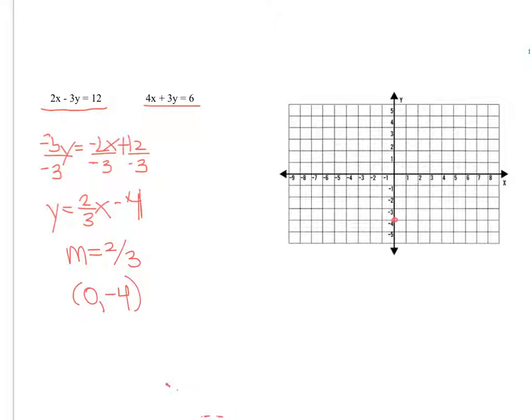0, negative 4. And I'm going to go up 2 over 3. Up 2 over 3. Okay, enough. So now using your ruler, now I can't because I'm on an iPad, draw your line. Okay, now let's graph the second line. I'm going to use a different color. Let's use blue. So now I'm going to get y by itself. So I'm going to divide every